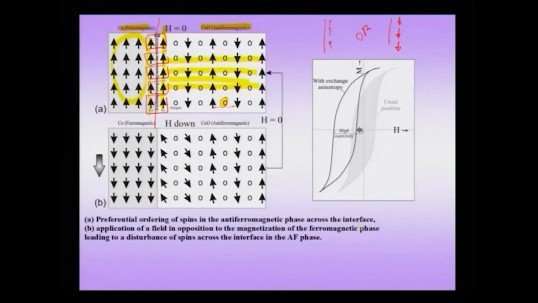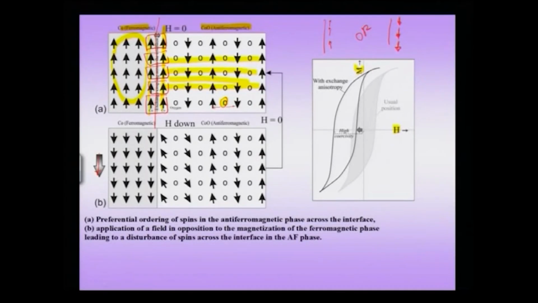So, now having made a structure like this, I can construct what you may call an MH loop, which we normally do, and while this field is pointing in the direction of the ferromagnetic phase, there is no problem, the magnetization is very easy and you can easily obtain the saturation. But when you are trying to put the field in the opposite direction, as in the graph below, the fact is that the ferromagnetic layer is now constrained by the antiferromagnetic layer, and the spins in the antiferromagnetic layer cannot switch to the opposite direction of the field, or of the spins across the interface, because this is a material with high exchange anisotropy or high anisotropy.